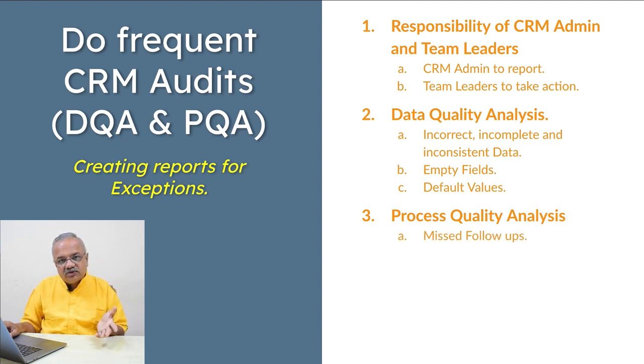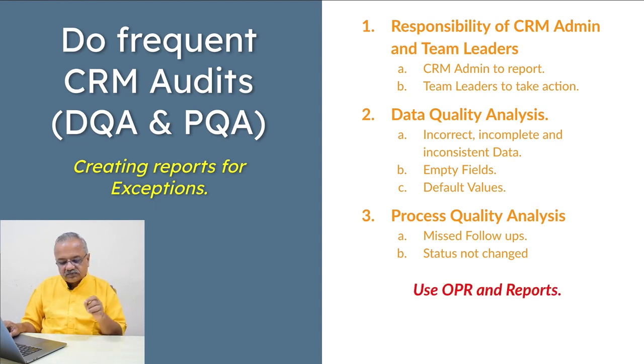If you have missed a follow up, expected close date is missed, or the due date of the ticket is missed, all these mistakes are related to follow up. That means your process is not going correct. Or suppose your contract renewal date was missed. All these are issues with the follow up or the process issue. Or it can also be in this way: your sales process is going on, but no one is changing the status. This is also a PQA problem. If you observe the OPR dashboard, many of these problems would automatically become evident to you.